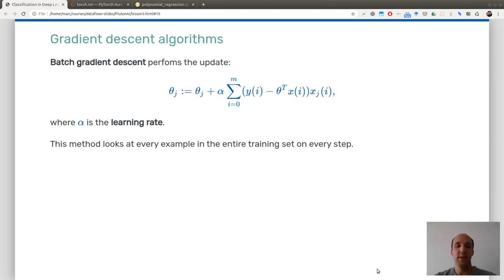So what we did in the last lesson is what we call a batch gradient descent. We are following the gradient, which is given by this formula, in order to update each of my parameters with alpha, a learning rate, which gives you the step size you take each time you follow the gradient. So what we saw is that here you have a sum over all the samples in your training dataset in order to make only one update of your parameters.